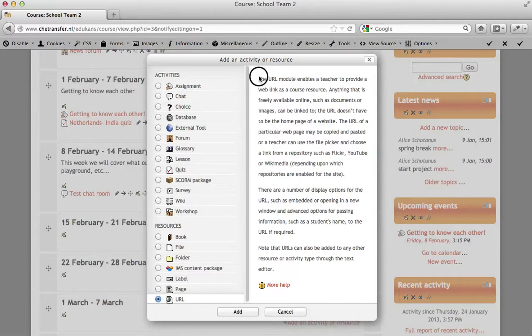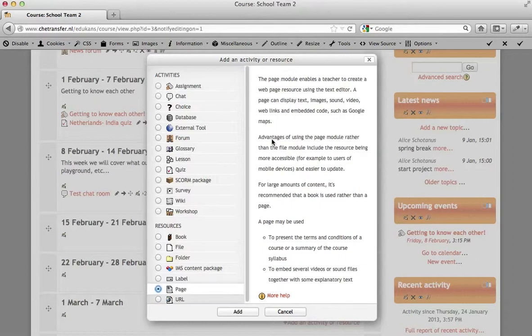Again, you get the description that I'm highlighting right now, and you can actually use a web link as a course resource, which is what we could do, or we could create our own web page within this page, so to speak,